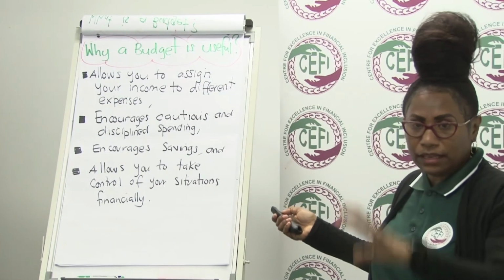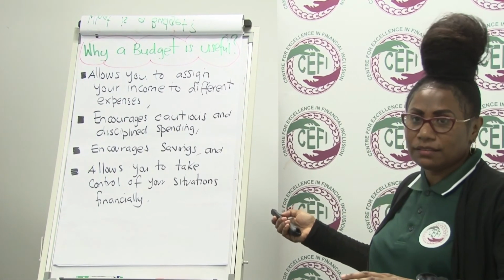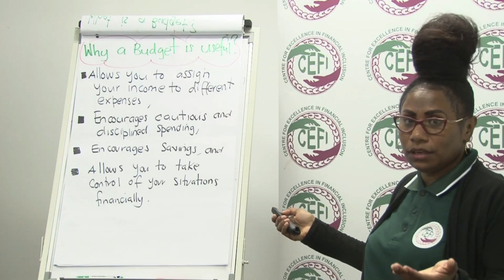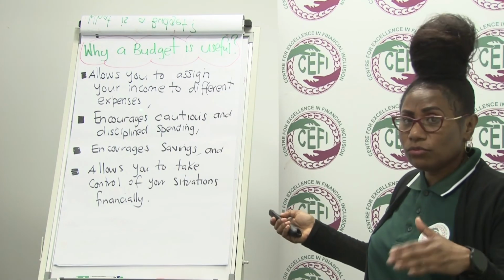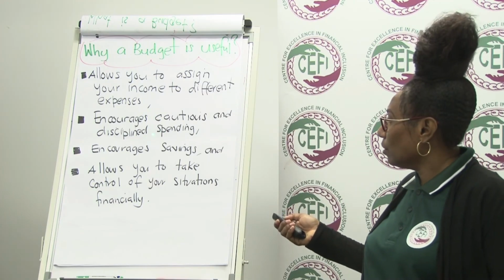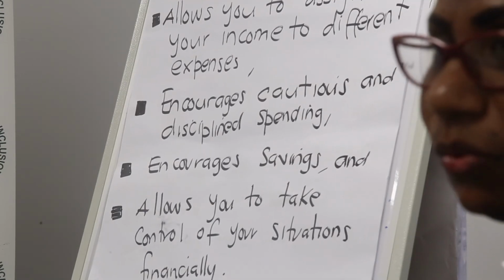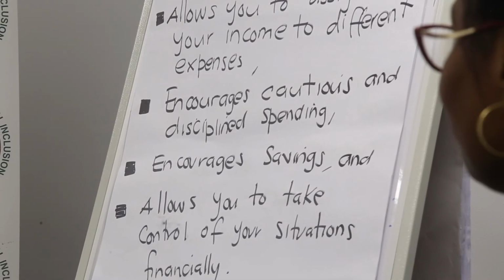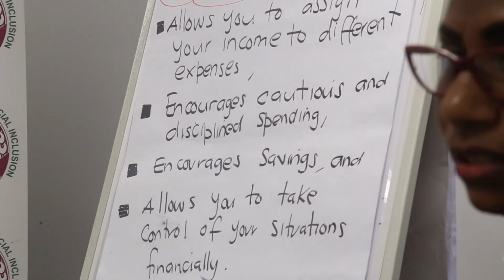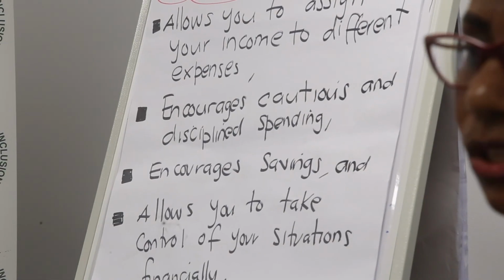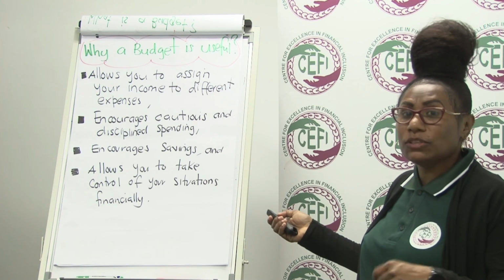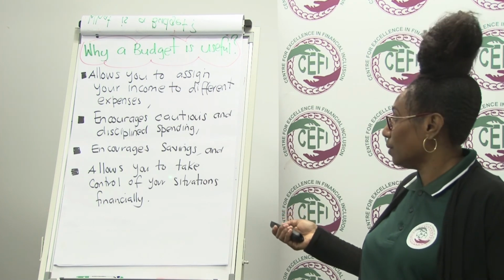Now, when you have that plan in place, that budget plan, it's written out nicely, maybe in your diary, in a notebook, every time you should go back and reflect on it. Sure, it should instill in you caution. Beware. Spend within that limit. Okay? It should also encourage you to save. Now, having a budget should encourage you to save, because you will be seeing how much money you are allocating for savings alone. And it's captured in your savings plan as well as in your budget as well.